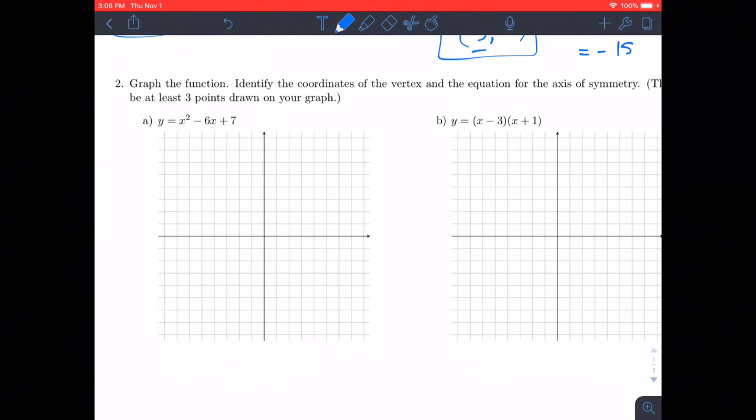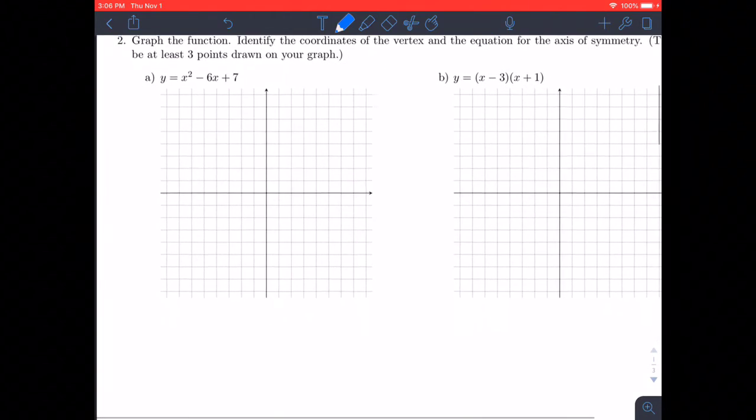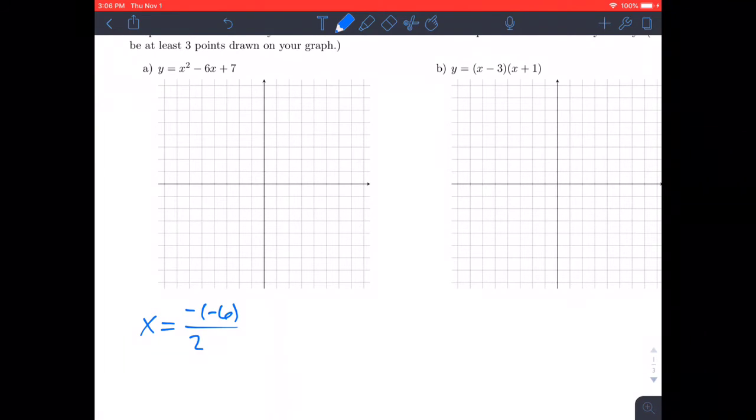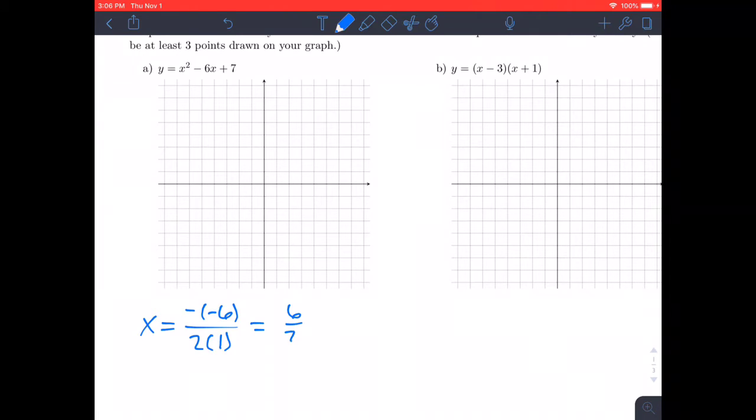Going down to the graphing, that first one is given to us in standard form. So again, our axis of symmetry is the first thing we should look for. Opposite of b, so opposite of a negative 6 over 2a, in this case a is 1, so 6 over 2 spits out 3 for our axis of symmetry. So axis of symmetry is at 3,